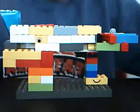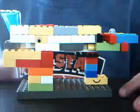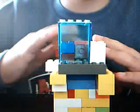First thing when you see this, it's probably the gear in the back. What that drives, just watch this. When you turn the gear, full rotation,